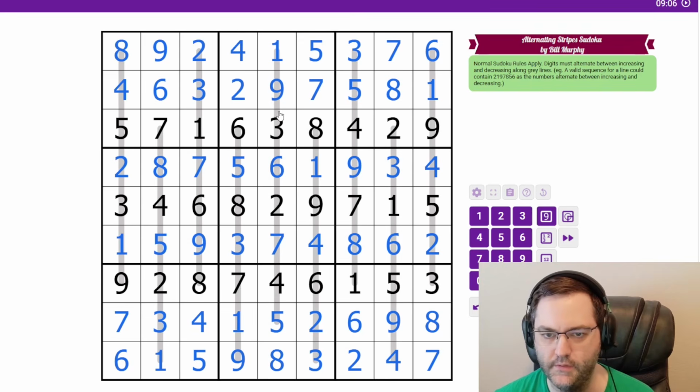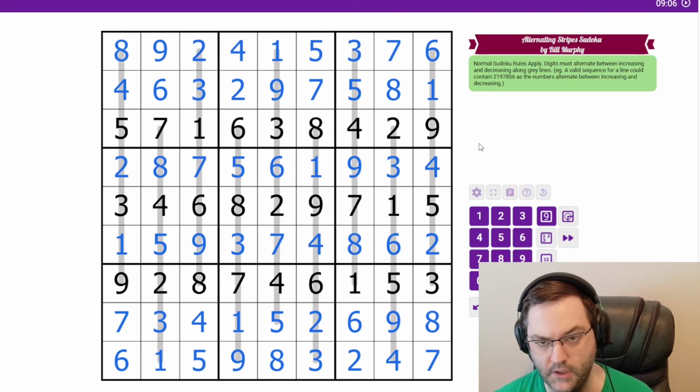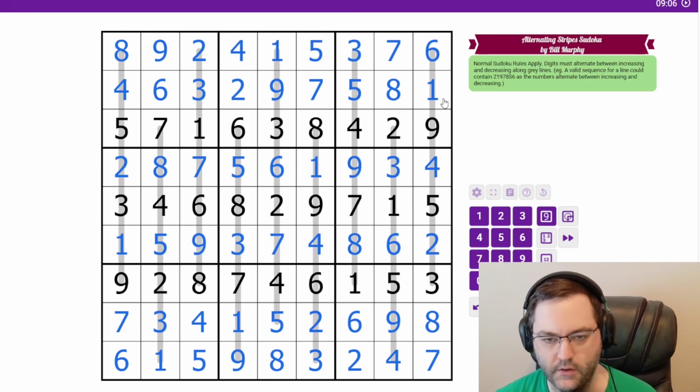It helps with these lines to think about sort of peaks and valleys, at least for me. You can do this without coloring, obviously, but if you struggle with that at all, try it with the coloring and see if that